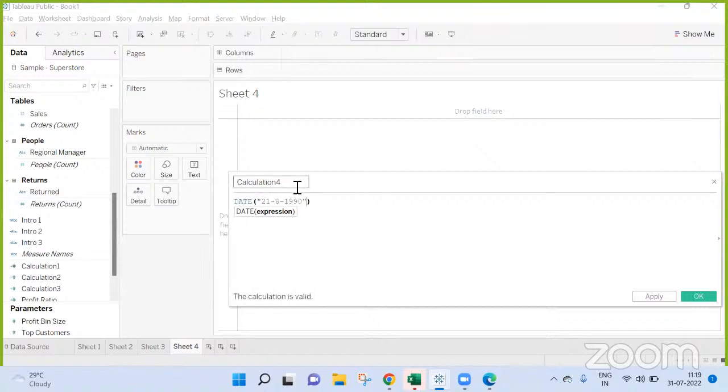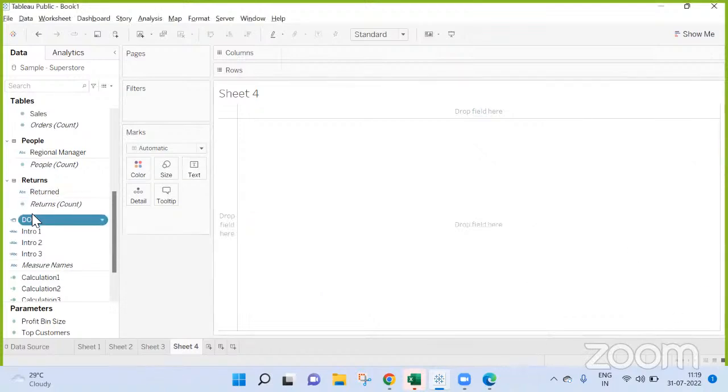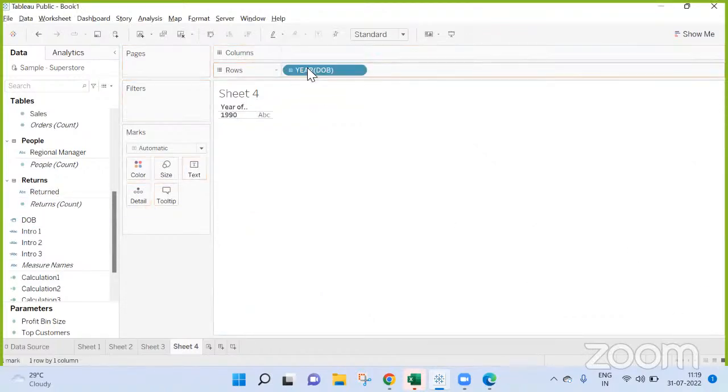Okay, this is the date. Now we need to calculate his age, right? This is your date of birth. Now you need to calculate its age. Now, what we can use is, first thing is we need to convert this date of birth to the current year.